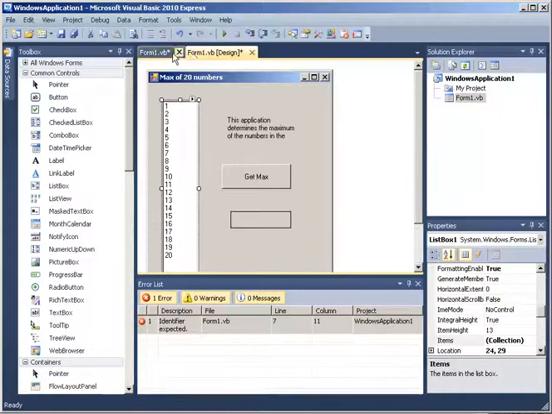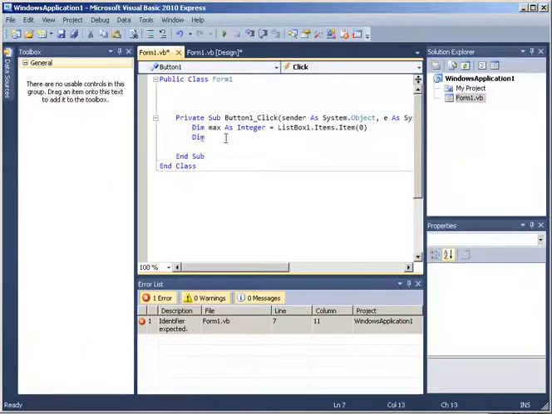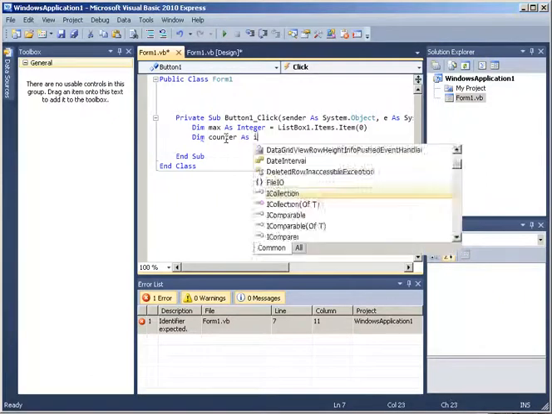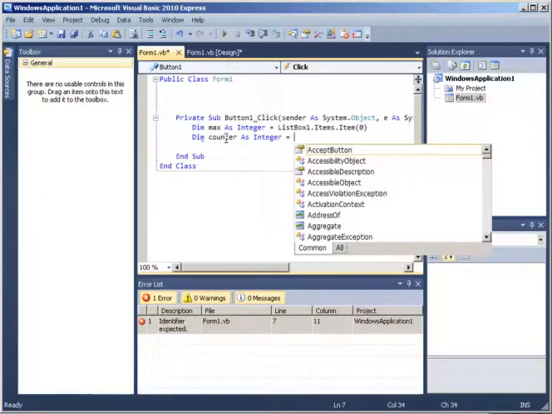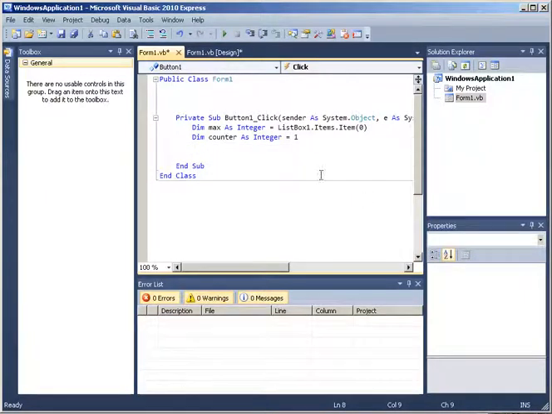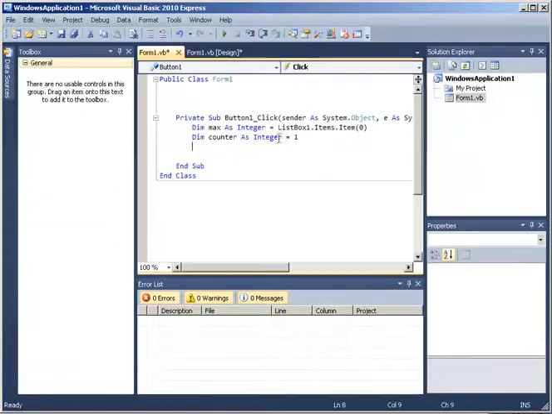So I'm gonna say Dim counter as integer, initial value 1, and that initial value 1 is actually my second element, so that's perfect. So I'm gonna be getting that number from there. So now I'm gonna do my loop. So I'm gonna say Do